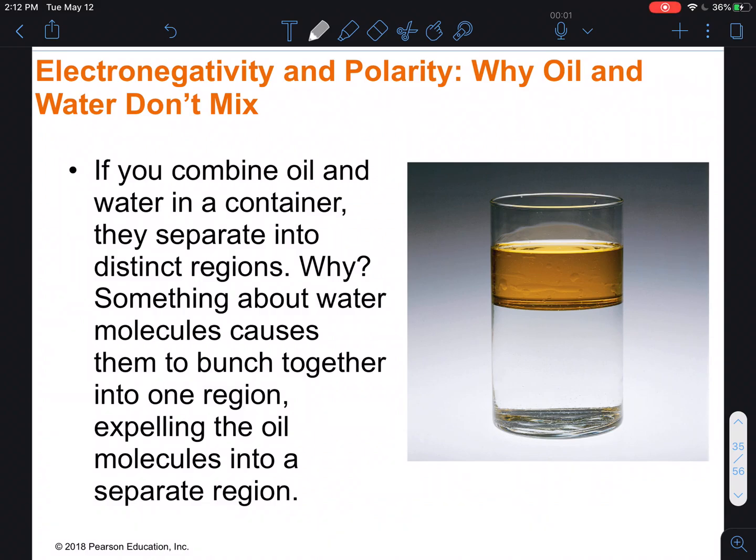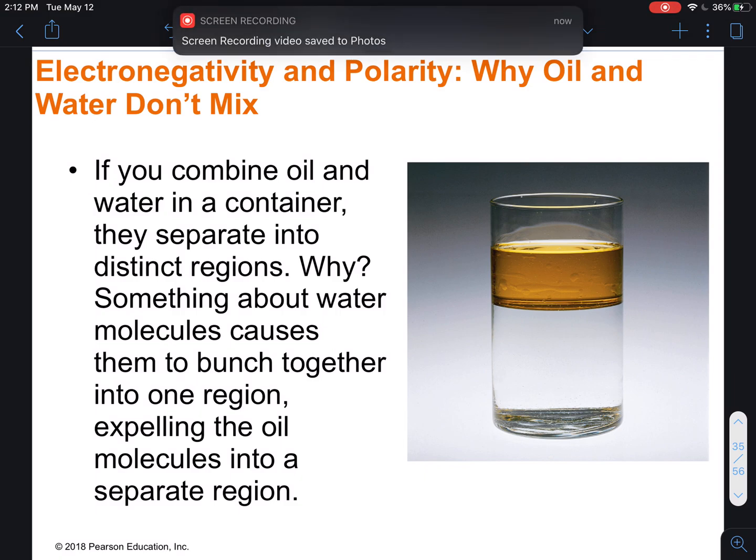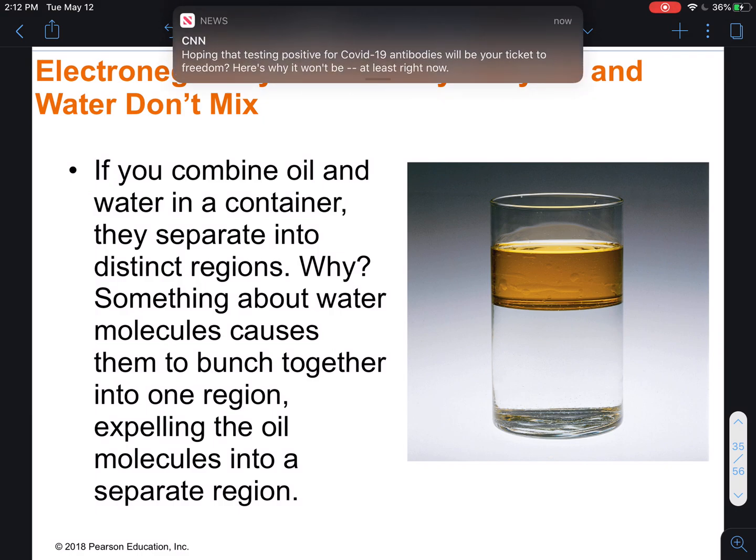Hey class, welcome back. This is the last lecture for chapter 10. In the first lecture we covered Lewis structures. In the second lecture we covered electronegativity. And we also covered translating the Lewis structure into the molecules or compounds